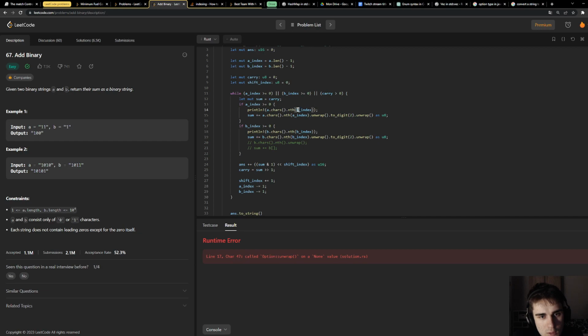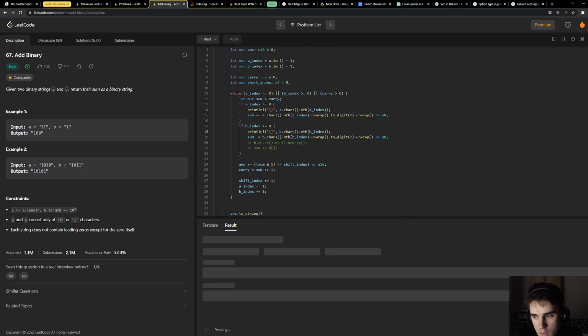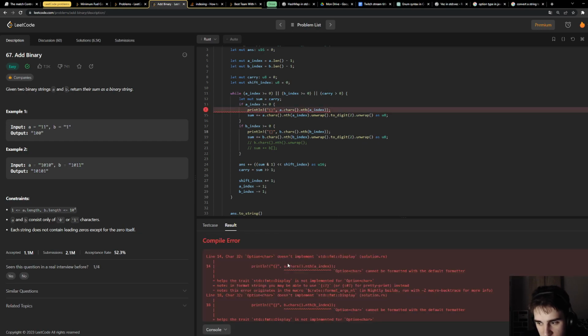A index. This is what I need. You are only expecting two different chars.